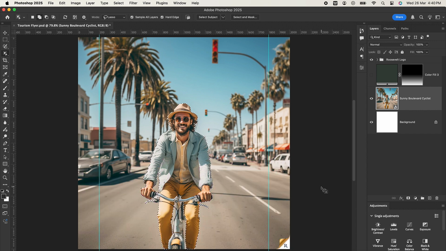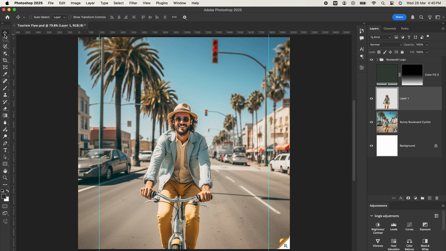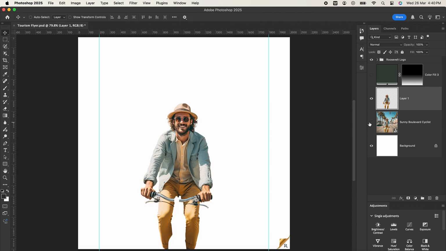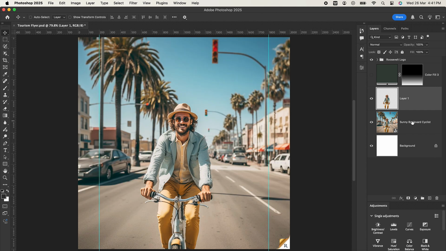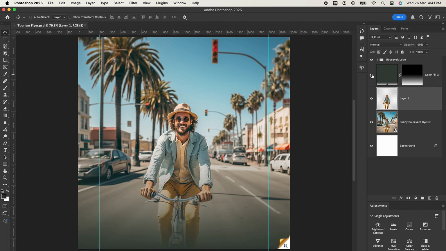Perfect. Now press Command J or Control J to cut out the model from its background. So here is the cutout image of our model. Nice. Now I can turn on the visibility of the solid color. Now select this side,